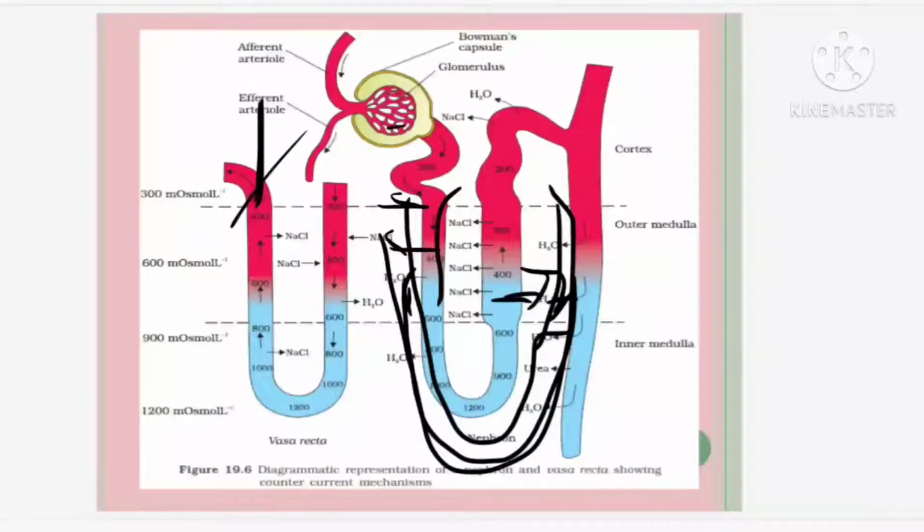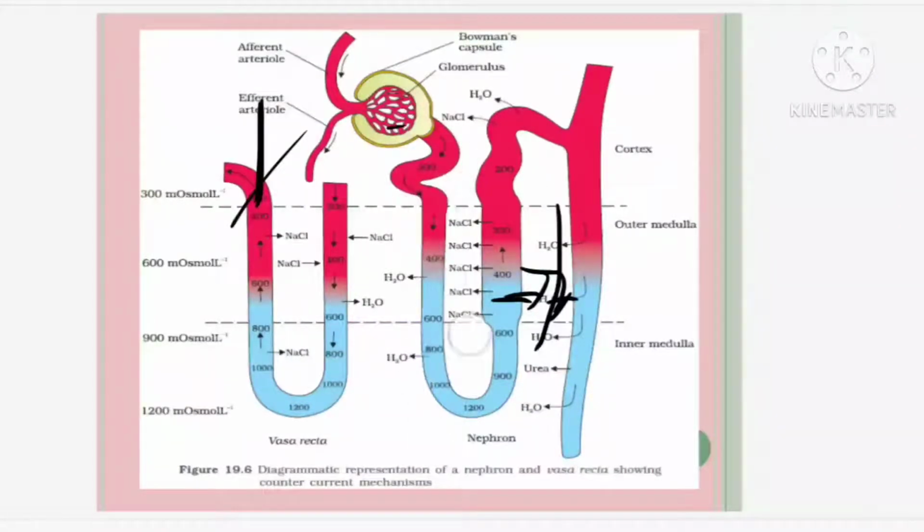Now, wherever salt is present, if you keep water, what will happen? The salt will absorb the water, or not? Yes, isn't it? So, like that, what is actually happening is that the water from here is moving out from the descending limb of the Henle's loop, which is taken by whom? The Vasa recta.